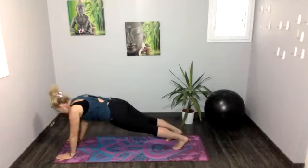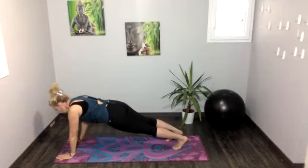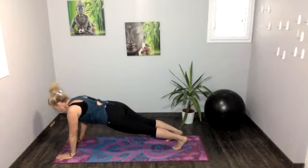Everybody moves into plank and we hold the plank. Lift and open your throat. So you lift your head a little bit. Keep the back lightly curved. Keep the arms as straight and strong as possible. And we're breathing here. 5,